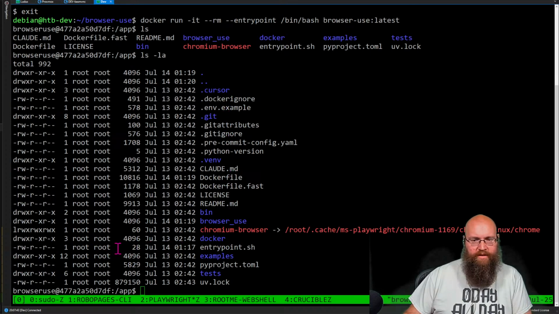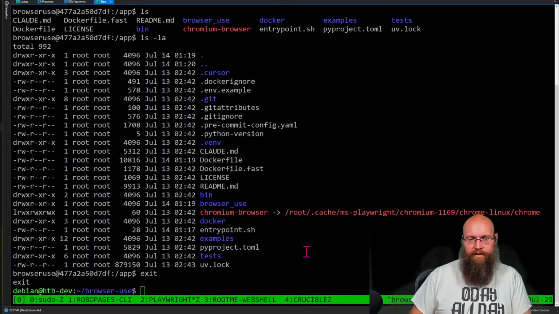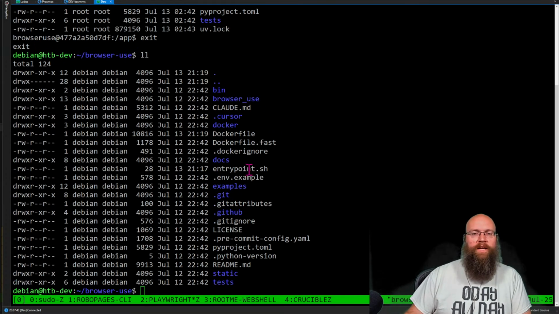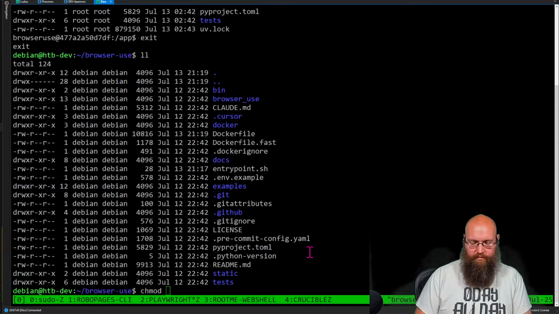So for some reason it said, oh, you know why? Because entry point was not chmodded. That's why. Actually, this is a good example because what it's doing here is duplicating everything that was in here, right? We made this entry point script here. It knows it's not executable. So let's go ahead and mod that real quick.